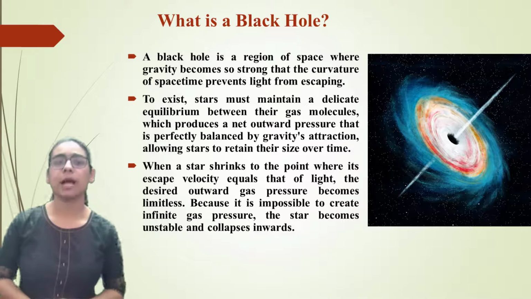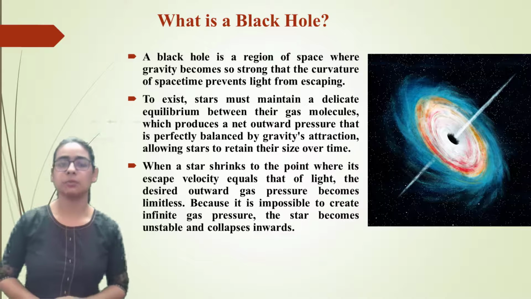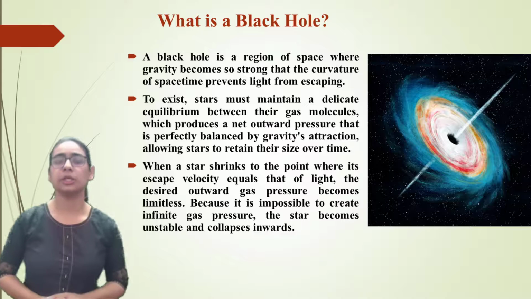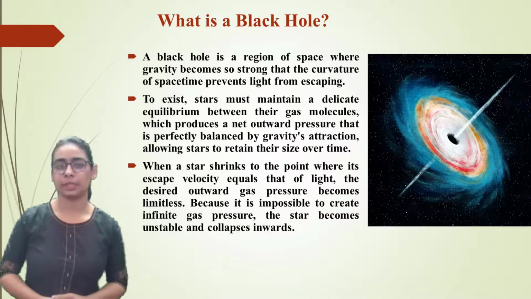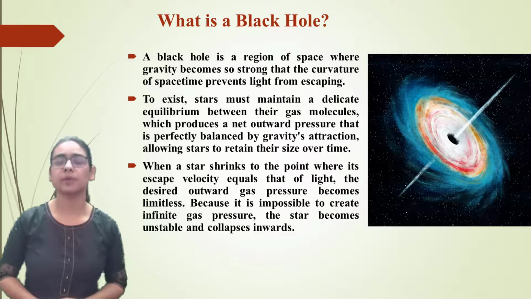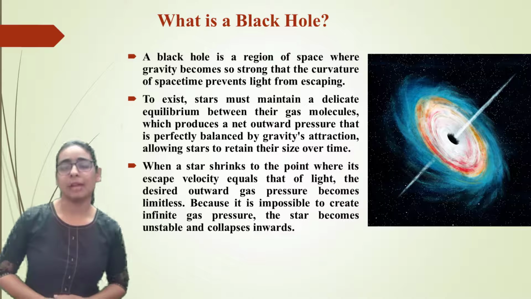Our understanding of black holes is based on the interaction between light and gravity. The gravitational attraction between huge objects is described by Einstein's theory of gravity, which associates the force of gravity with an analogous curvature of space. A black hole is a region of space where gravity becomes so strong that the curvature of space-time prevents light